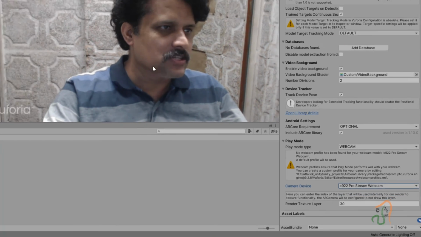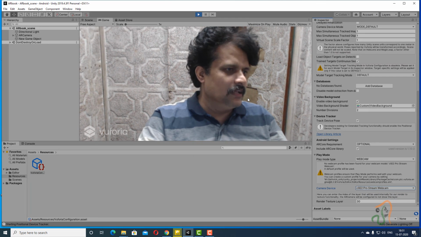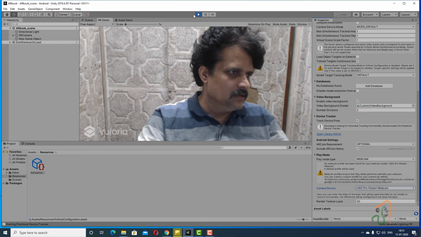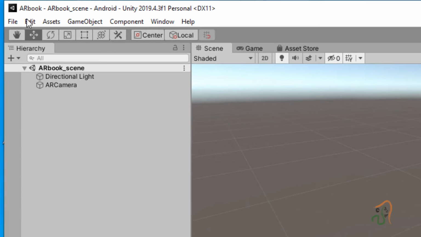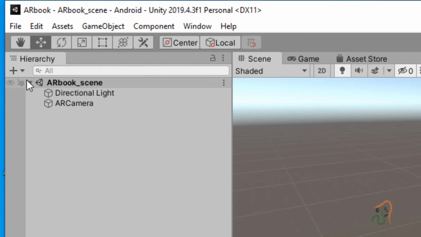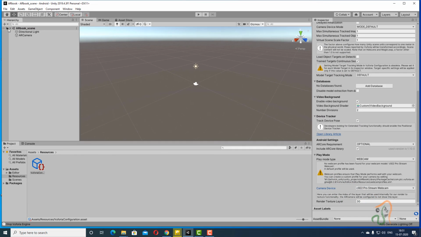Then you can see your image, and if you are seeing your image, then Vuforia is configured properly. So stop the playback. Now go to file and choose save, and let us end this session here, and let us start adding image targets and models from the next session.